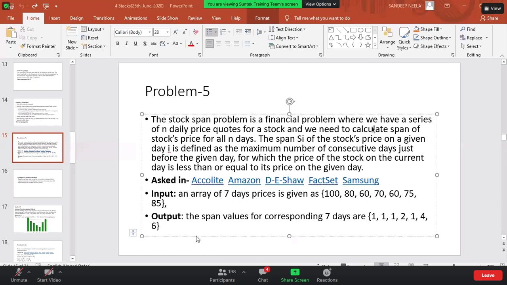Consecutive, sir. After 80, it is 100 only, sir. So 80 is not less than 100. So it will ignore that 100 and check if there is any other element in the stack. If it is breaking at the 80 only, there is no need to check. Consecutive itself failed. Yes, sir.